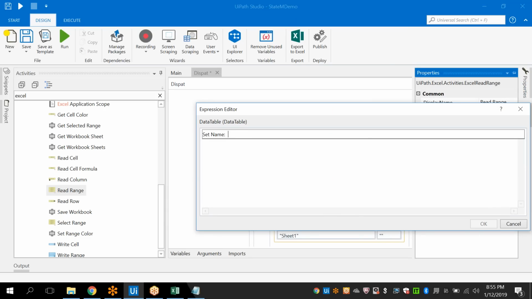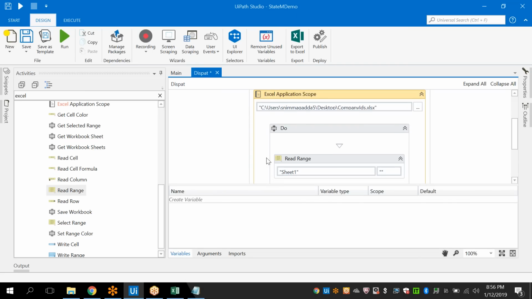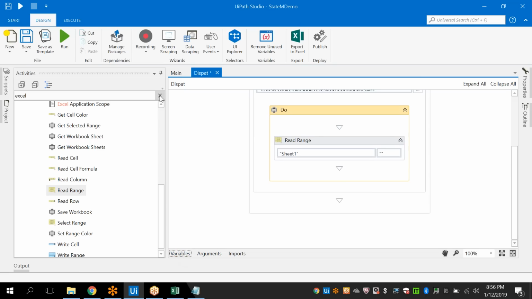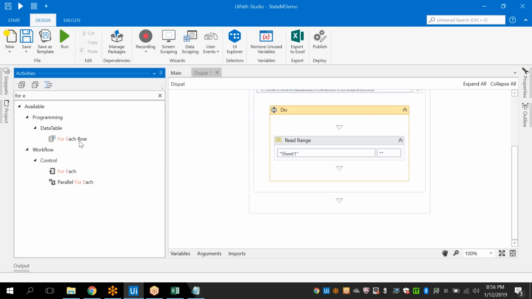Company IDs DT data table. Okay, so that is a variable, a data table variable. So we created the data table variable, that name itself. Yeah, this is the data table variable. And once the data is coming to the data table in the memory, using the For Each Row activity,